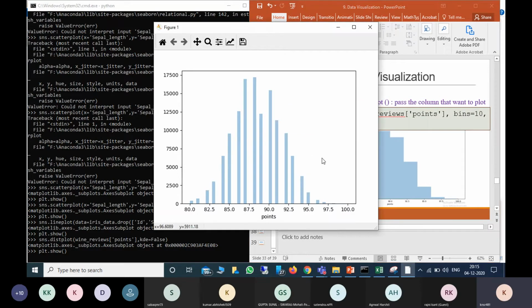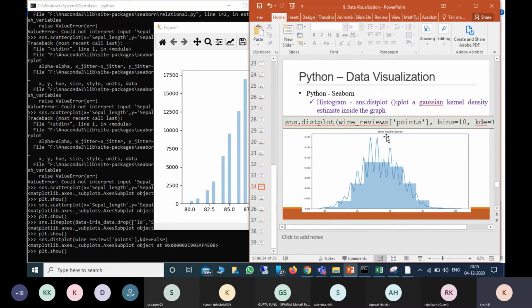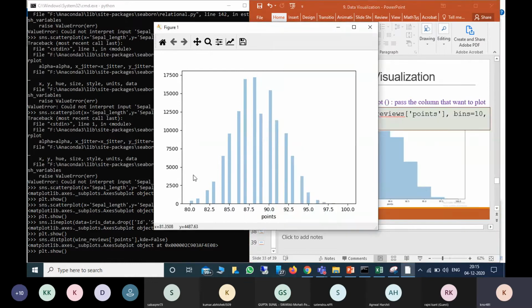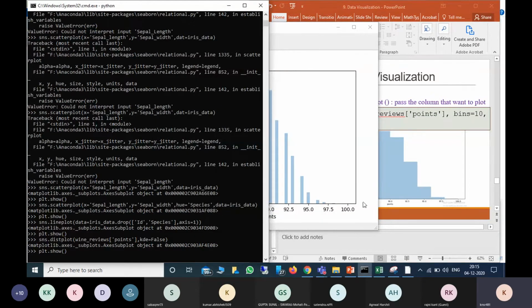For example, if I want to plot the Gaussian kernel density function along with this, what we can do is we have to set KDE equal to true.